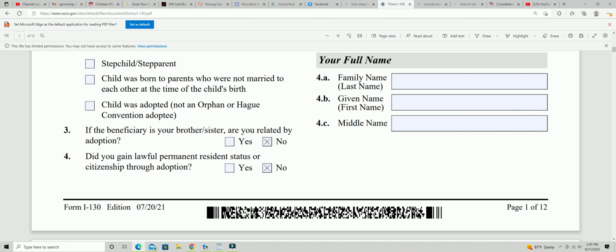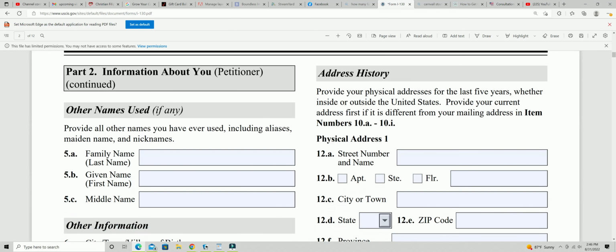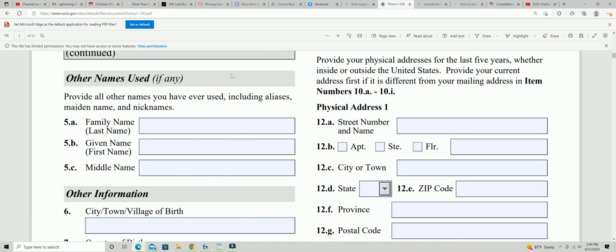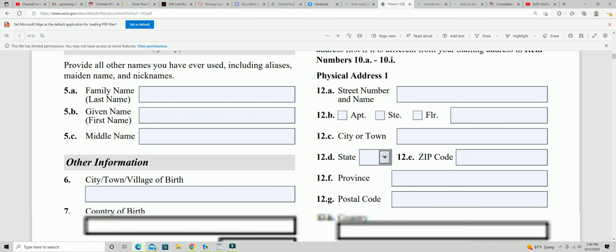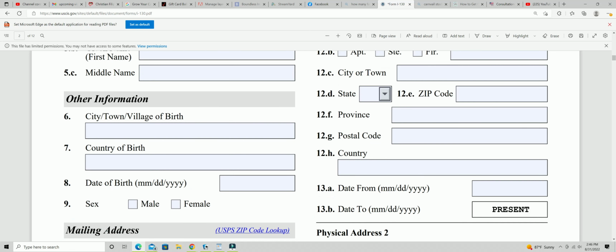And then we have 4A, 4B, 4C, your name and your information. More information about you, the petitioner. And it's going to ask you 5 million questions. You're going to give it all your information, all your details, the city, town, or village of your birth,